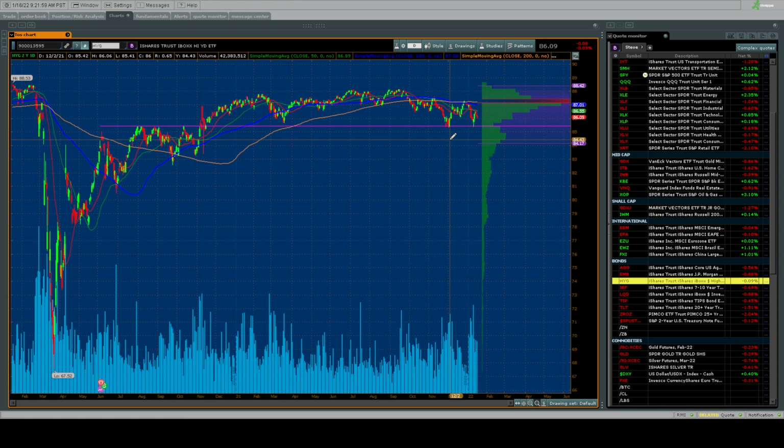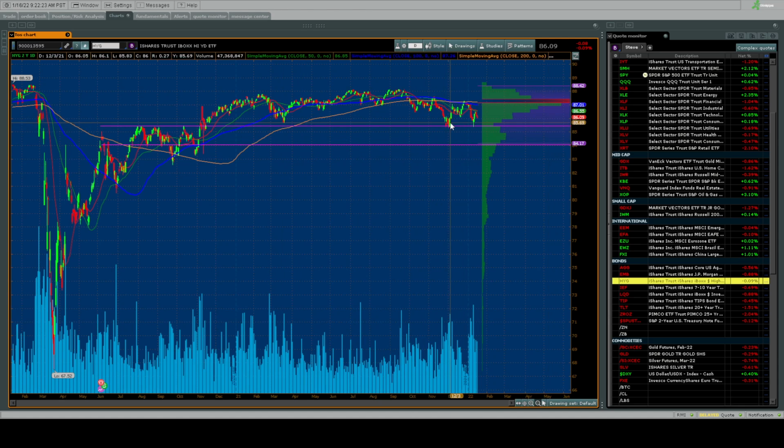Now, how do you know where the low end of support is? Well, look at where your chunk of volume is down there. And whoops, let's say right about here. And this should give you some help. You want to grab the upper and lower end of that volume profile box, and it's probably right about there. And that, my friends, is where your, let's get the arrow back, supply zone is at.